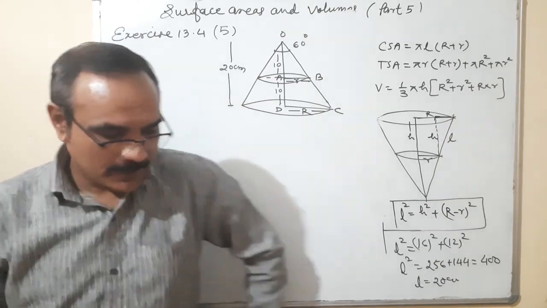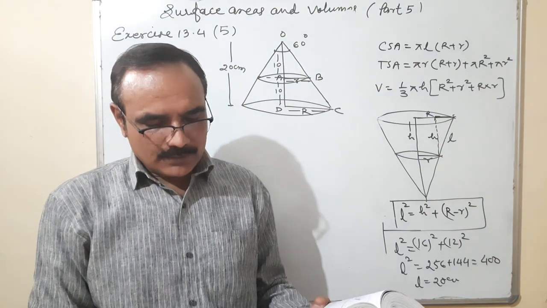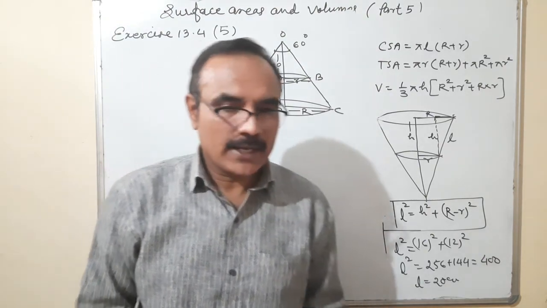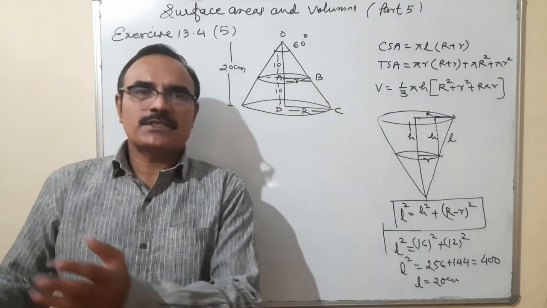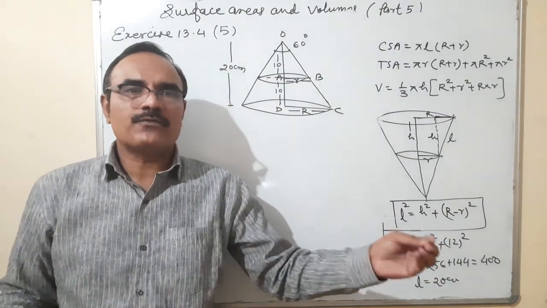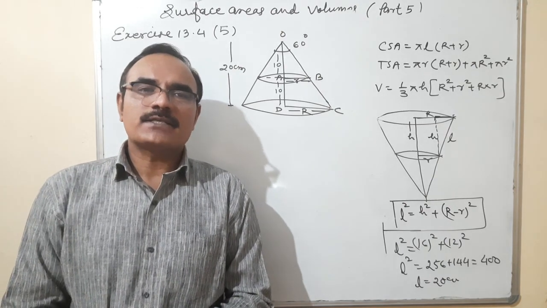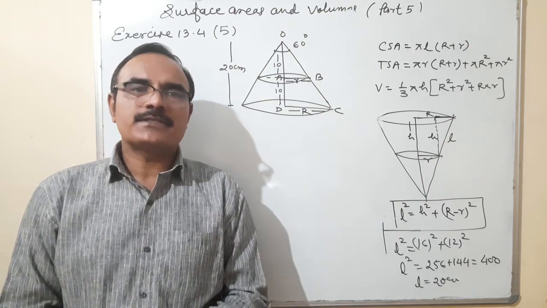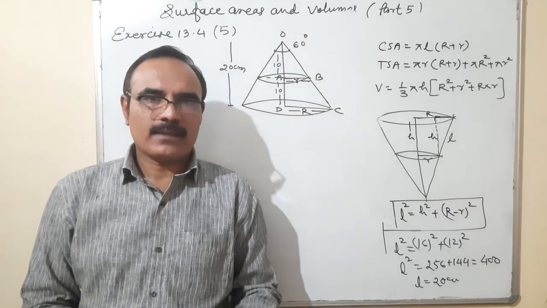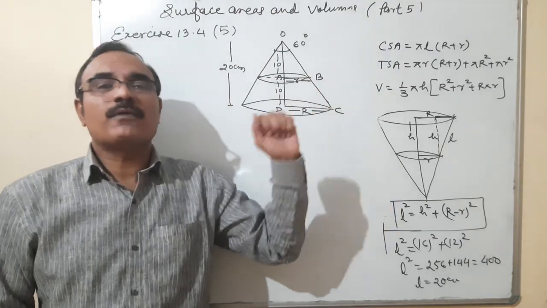Okay, because this line says, if the frustum so obtained be drawn into a wire, that means this frustum is to be converted into the form of a wire, and you know that a wire is always in a cylindrical shape. Okay, so volume of frustum of a cone is equal to volume of wire. This condition is given.